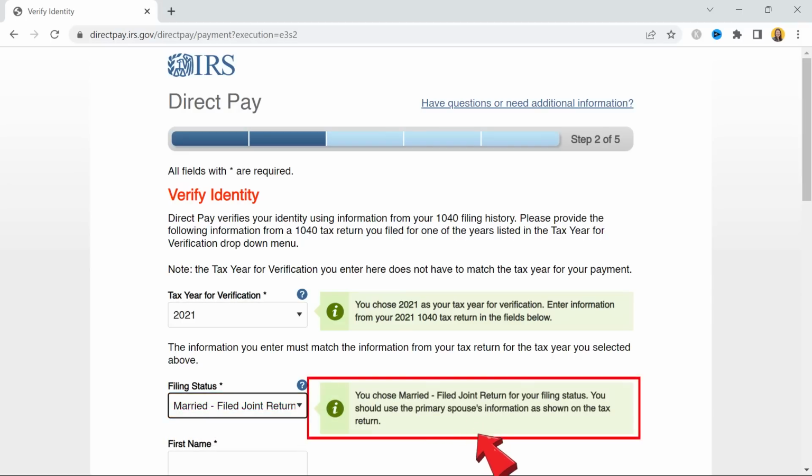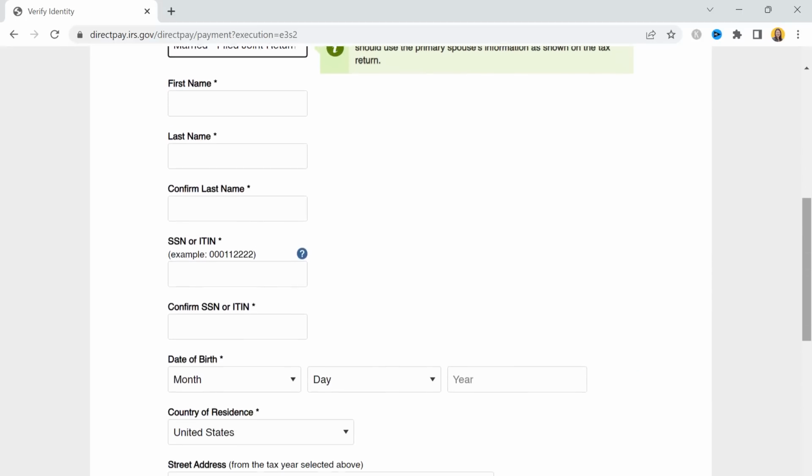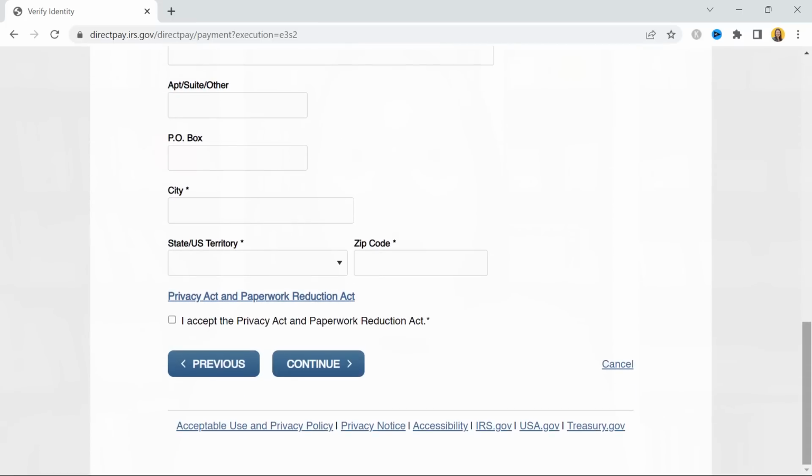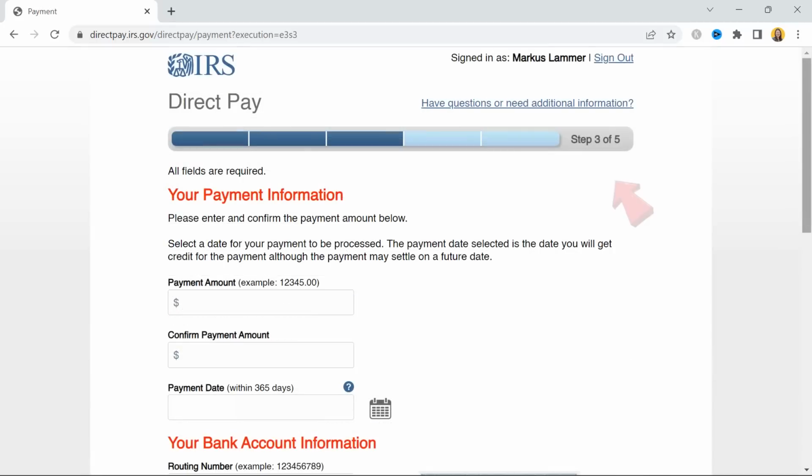And this box will appear telling me that I should use the primary spouse's information as shown on my 2021 tax return. If I scroll down further, this is all the other information that I'll need to fill out. Once I'm done entering everything, I'll read through this Privacy Act and Paper Reduction Act and then check off this box to accept. Then I'll hit continue, which will take me to step 3, where I have to enter my